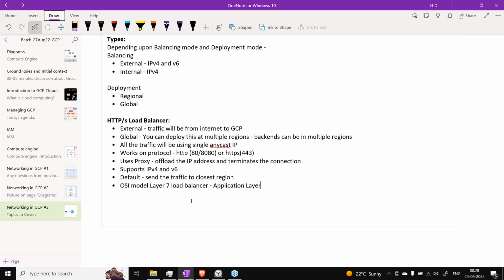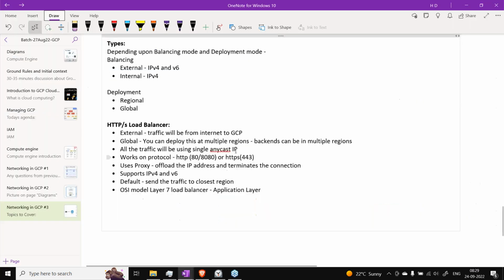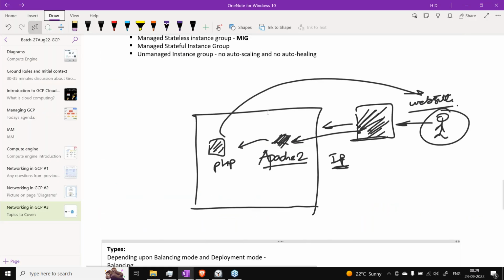Similarly, we need some website to see on the browser, right? Then only we'll be able to understand that this load balancer is working, right? So that is why I was explaining. Now coming back to this particular explanation, that is why I was explaining that particular shell script that we have